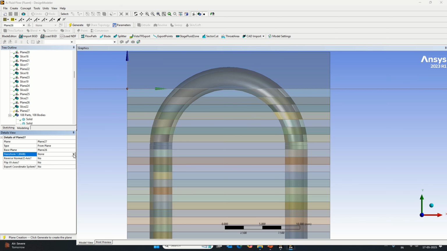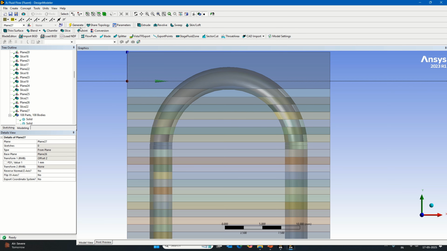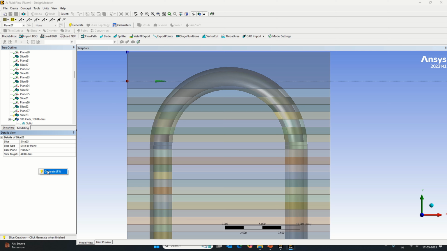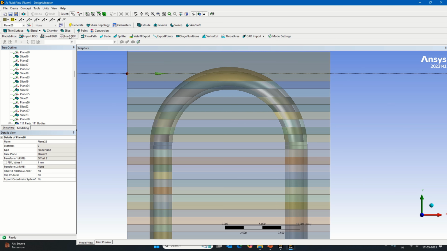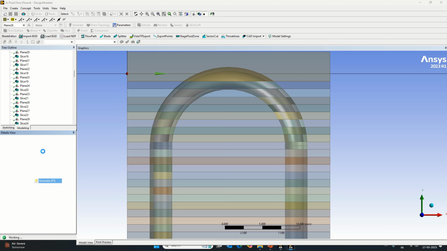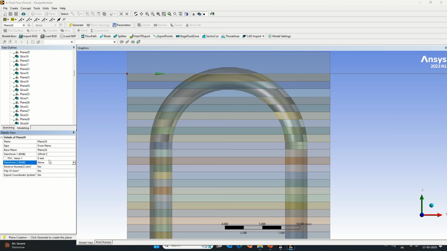Next, one more time. Now I will put it to 1 only. This was the intersecting part, so that's why it was showing error. So let's make it generate and make it slice. The same thing may happen here, so you have to be careful with that, and then accordingly you may need some kind of variations as well. So let's make it generate and then do the slice operation. If slice operation is unsuccessful, in that case you can go with that particular option. So one more time, just make it offset z here, let's put it to 1, and